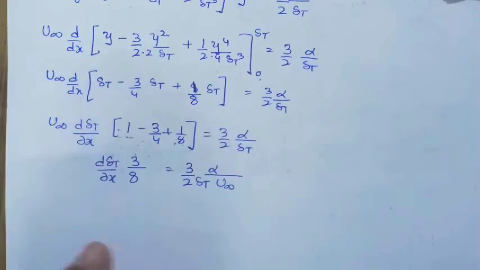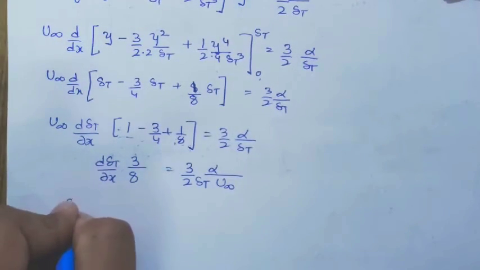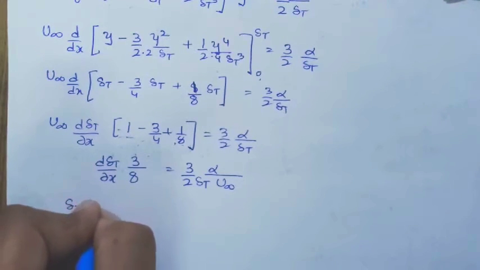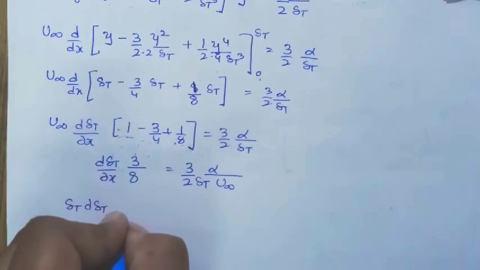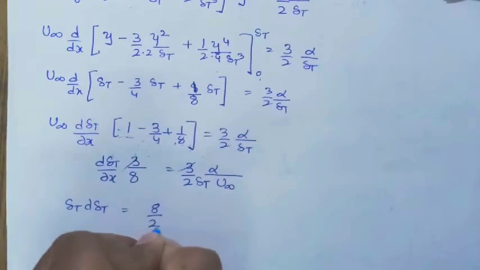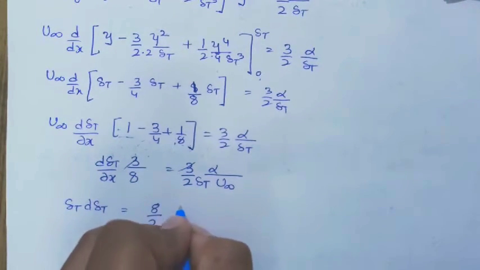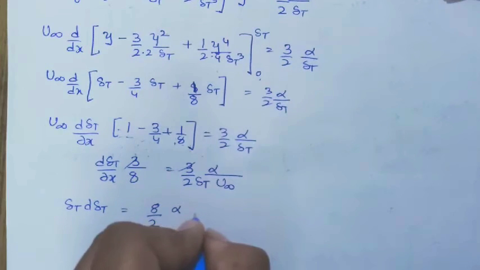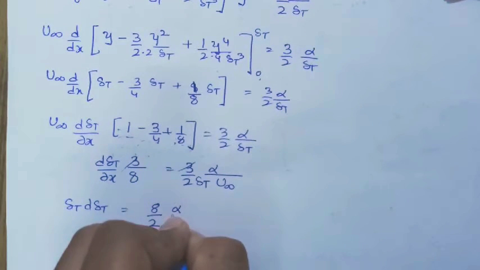So I'll get delta t on this side. So delta t d delta t is 3 cancels, 8 by 2 alpha, right, alpha by